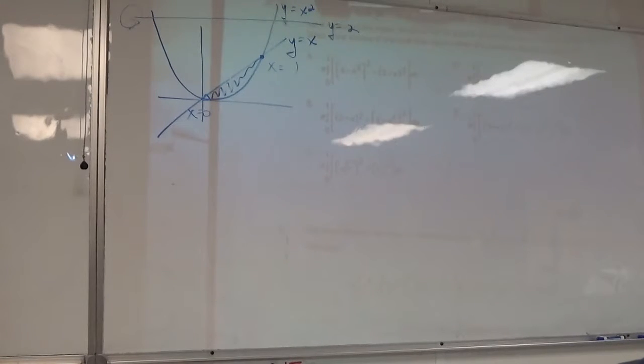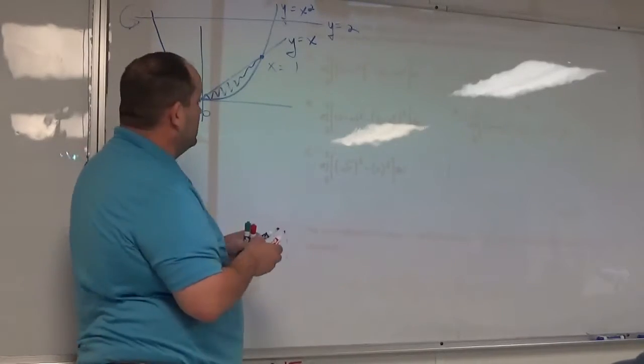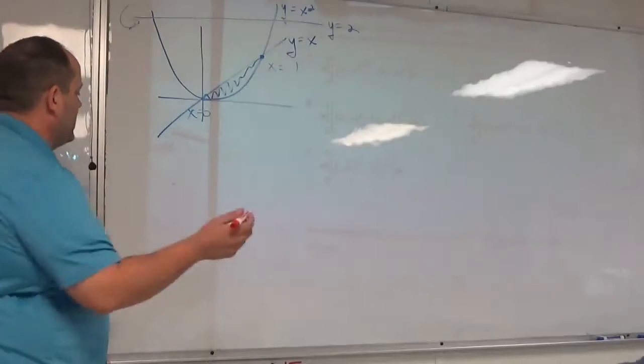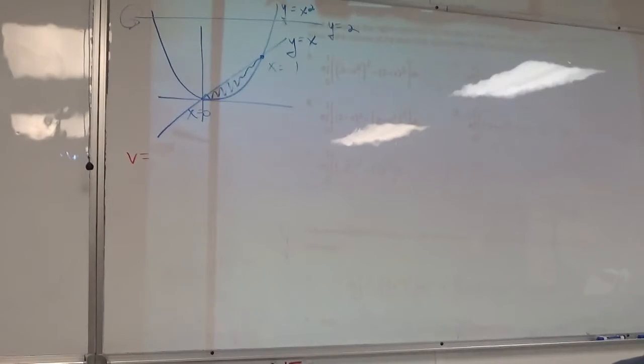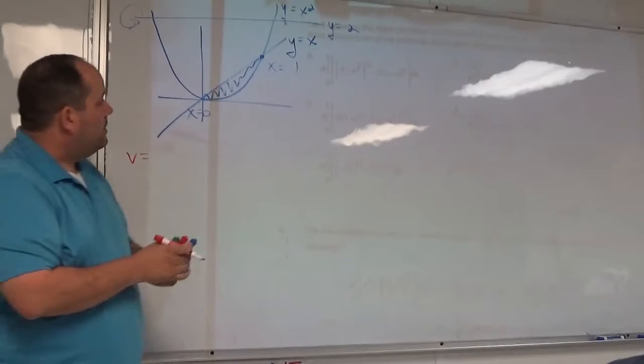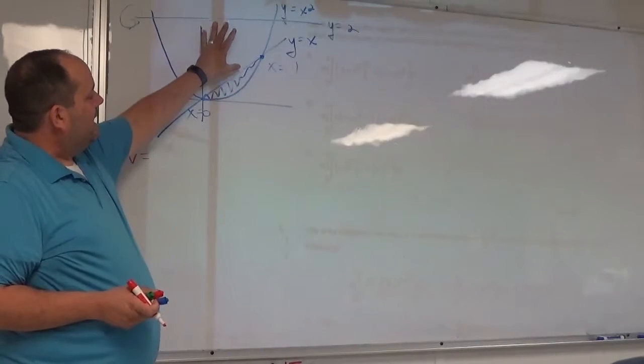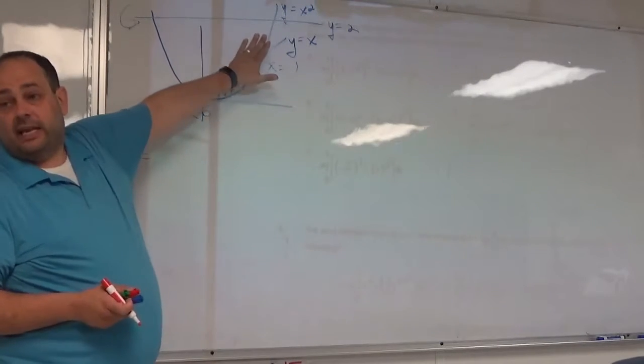And the question that everyone's going to ask themselves right now: is it solid or hollow? And the answer is hollow. Diego, are you okay that this is a hollow object? What's hollow? It's not touching the line y equals 2. Right, you're only going to get a solid object if your region touches that axis of rotation